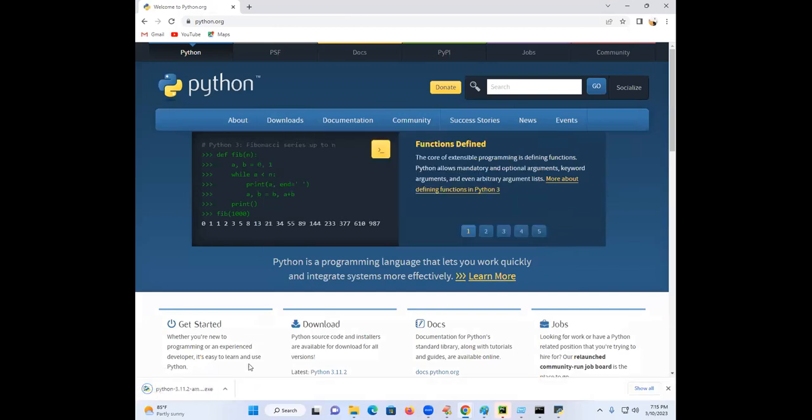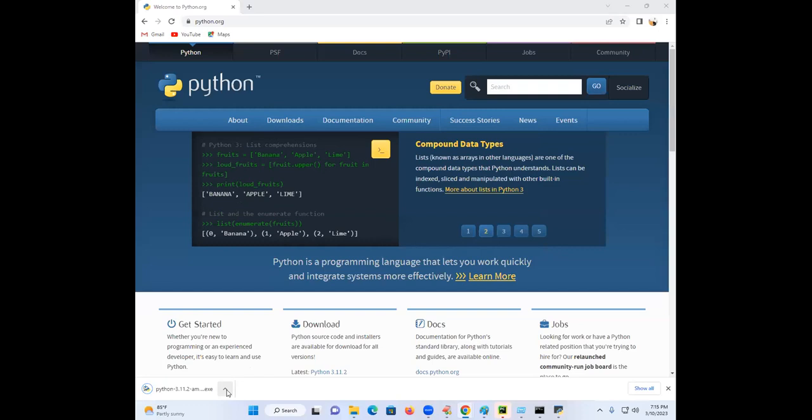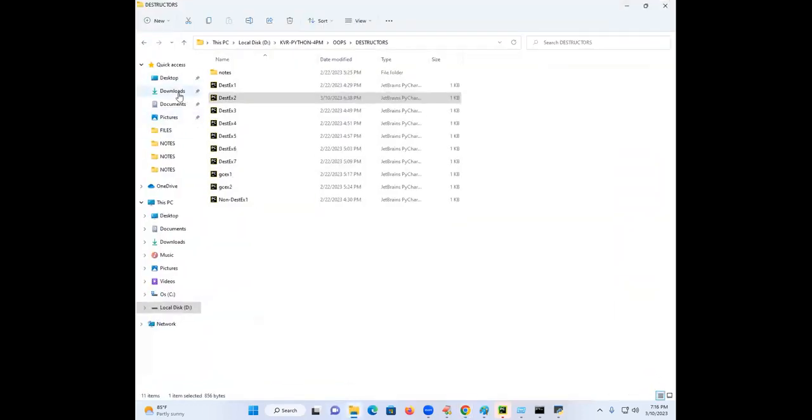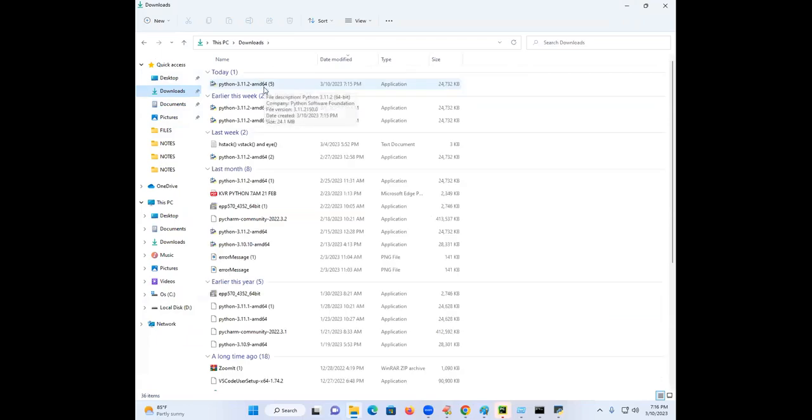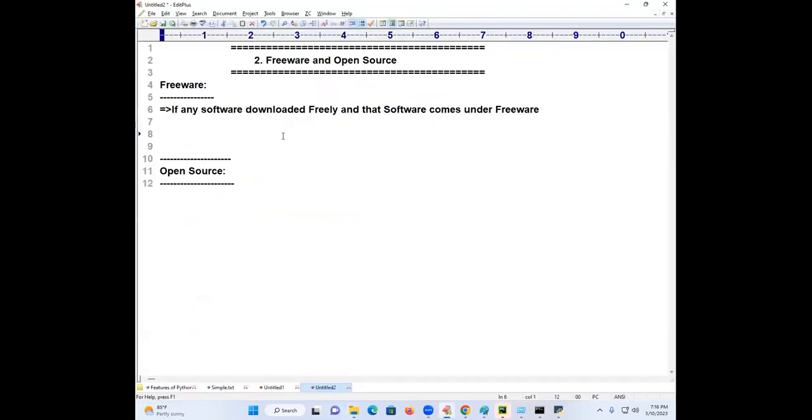When you click on it, within a few seconds it gets downloaded. Are we paying any single rupee for downloading the Python software? Is it freeware or licensed software? Very good. Now I am going to introduce examples. Number one is Python. Java is also one of the open source examples, students.